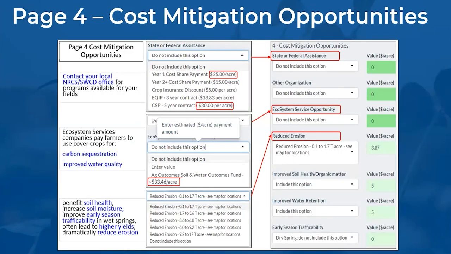So let's talk about cost mitigation opportunities. As I mentioned, these are not covered in any of the spreadsheet tools. These include things like state and federal assistance. And for Iowa, there's now a first-year cost share payment of $25 an acre. Ecosystem services are, this is the one resource I will mention. There is a document in there published by Iowa State University that lists 9 or 10 ecosystem service opportunities. One of them is the Iowa Soybean Association's Soil and Water Outcomes Fund, and they will pay for carbon sequestration